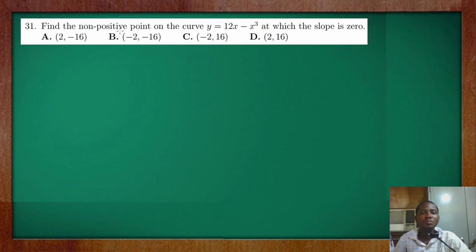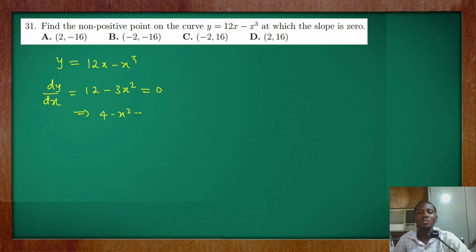In this question, they said find the non-positive point on the curve y equals 12x minus x cubed at which the slope is 0. So they ask us to find a non-positive point, that's the negative point at which the slope is 0. So here we have our y to be equal to 12x minus x cubed. Then if you differentiate y with respect to x, you have 12 minus 3x squared. Then if you set this to be 0, we are going to have 4 minus x squared equal to 0. That means our x is 2 and minus 2. But we are interested in the non-positive points. That means x is